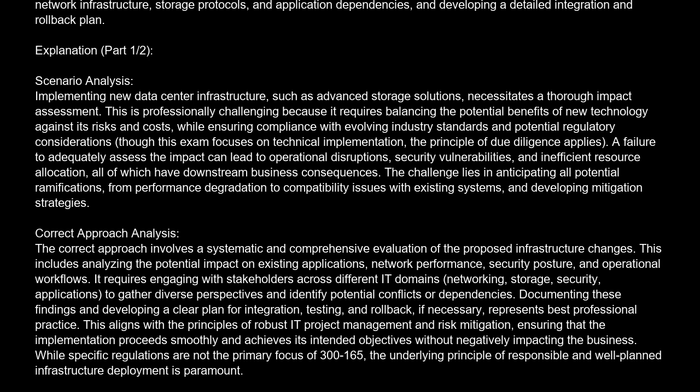Correct approach analysis. The correct approach involves a systematic and comprehensive evaluation of the proposed infrastructure changes. This includes analyzing the potential impact on existing applications, network performance, security posture, and operational workflows. It requires engaging with stakeholders across different IT domains, networking, storage, security, applications, to gather diverse perspectives and identify potential conflicts or dependencies. Documenting these findings and developing a clear plan for integration, testing, and rollback, if necessary, represents best